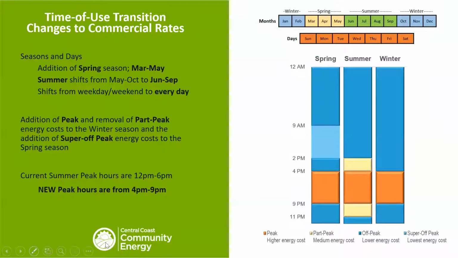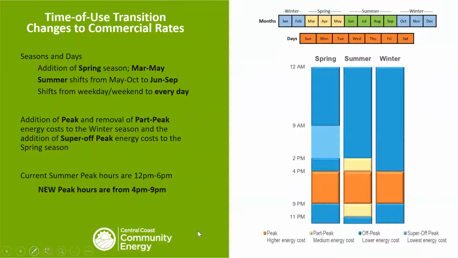Again, as Lena mentioned, my name is Scott Burnham. I'm a director with a consultancy called NewGen Strategies and Solutions. We've been working with 3CE on their cost of service and helping them with some rate design and getting all the analysis done. What I want to do this afternoon is spend a little time talking about the different time of use periods that we're looking at here, some of the options that Lena mentioned before, and then talk a little bit about some of the adjustments relative to the PG&E comparison. We do comparisons to bills as part of this process, and then we'll walk through some example bills.